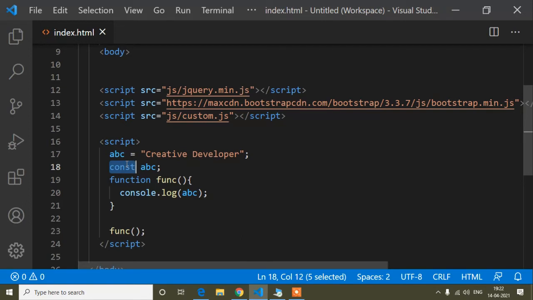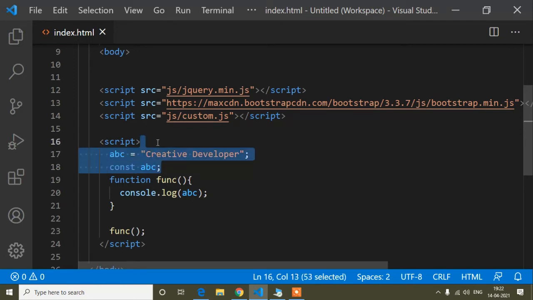Okay, so guys, now let's see the difference between const and let. So now guys, I hope you can understand the difference between const and var and let. So now I will come to the difference between const and let. So guys, the first difference is let renders faster than const. Okay, so that's why we mostly use let at the time of block.